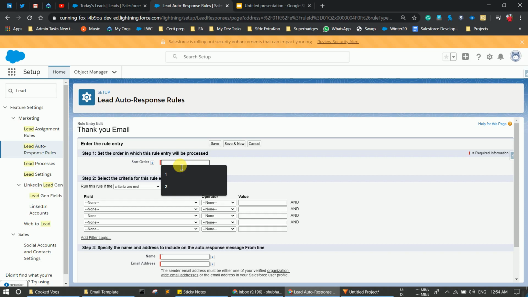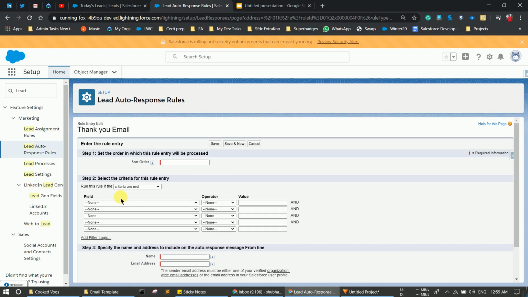If you are creating 3 rules, you have to provide the sort order: first apply this rule, then the second, and then the third. Basically, the auto response rule will match your criteria order-wise. If your first criteria is matched, then it will not match the other two rule entries. If the first rule is not matched, it will come to the second one and match it. If the second one is matched, it will not come to the third one.